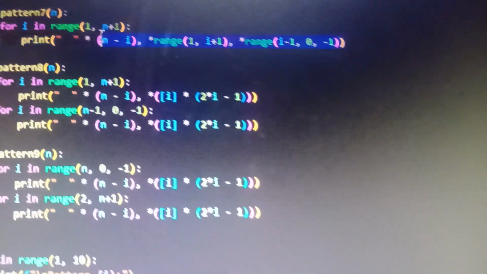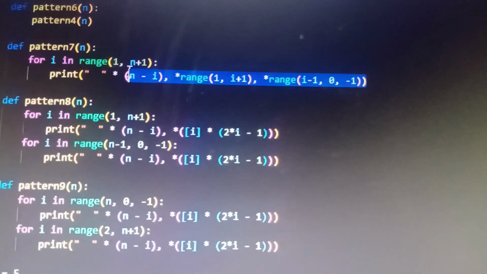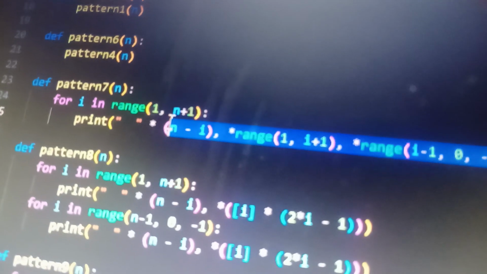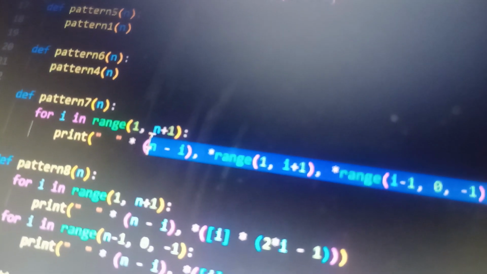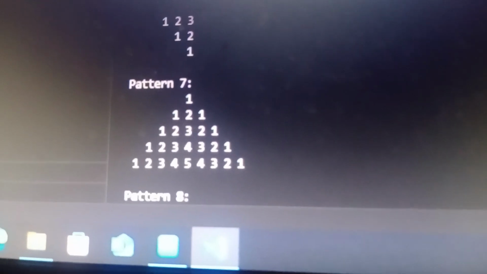It prints a pyramid with mirrored numbers. Each row contains increasing numbers followed by decreasing numbers. As you can see here, it is followed by the decreasing numbers there.